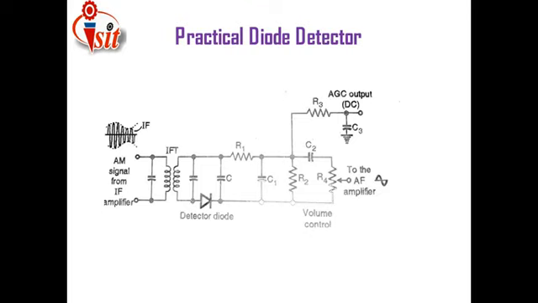For the amplification purpose, we are applying that output towards that amplifier block. Thus, finally, we are getting over here whatever input signal we applied, as it is we are getting here as an output. This is all the things related to practical diode detector.